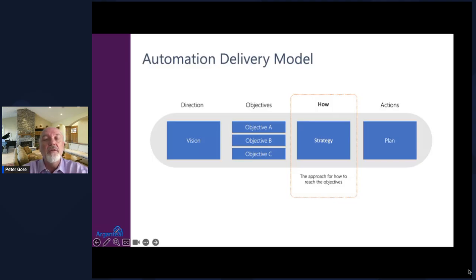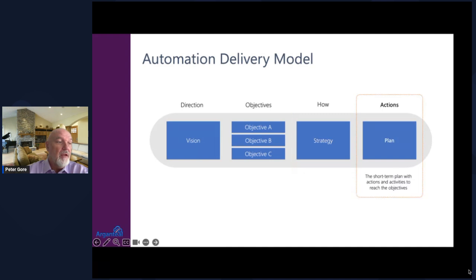And so you have to look at, how am I going to do things? How do I achieve these objectives that I've now laid out that are based on my overall vision? And now that I've got that overall strategy, what's the plan, right? So what is my short-term plan? Am I leveraging a waterfall methodology, or am I using an agile methodology? I would strongly suggest an agile methodology. You're going to see much faster business gains, right? Where you're able to deploy in macro solutions across your environment. So you're not waiting for that big bang, right?